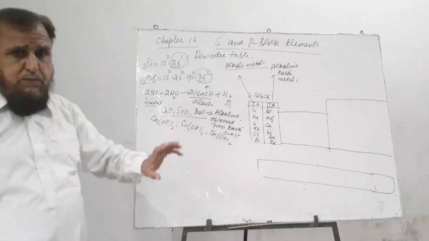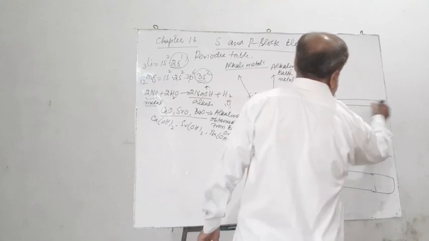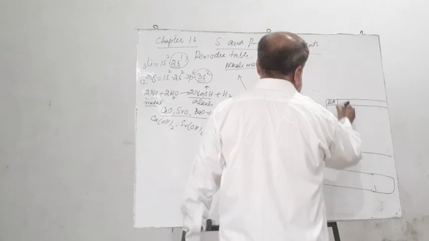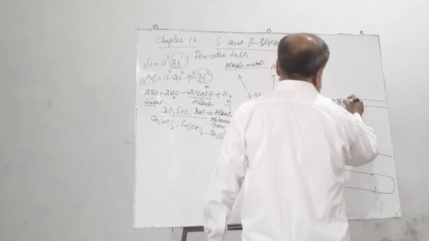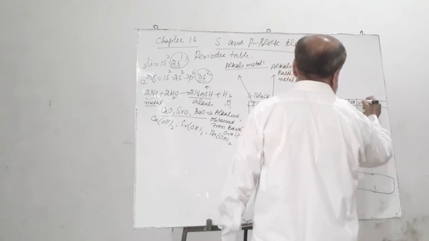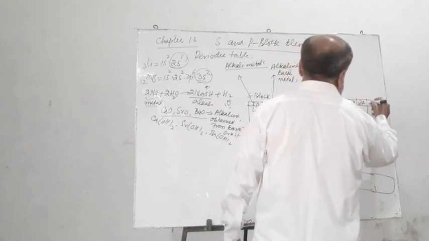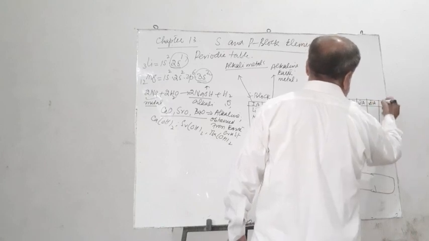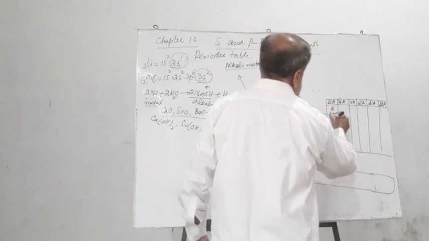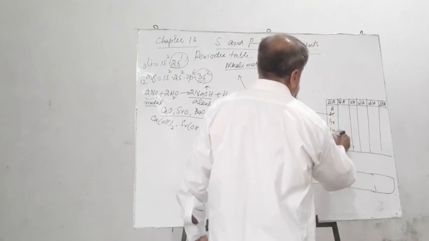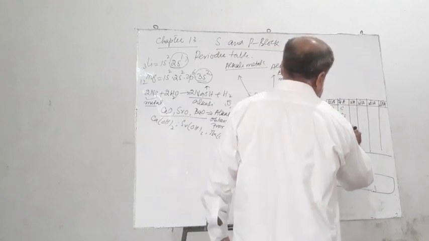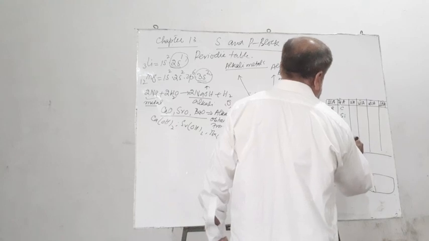Now we come to the second block, the elements which are present in groups 3A to 8A of the periodic table: 3A, 4A, 5A, 6A, 7A and 8A. These are A subgroups. 3A consists of boron, aluminium, gallium, indium and thallium. Group 4A consists of carbon, silicon, germanium, tin, Sn, and lead.